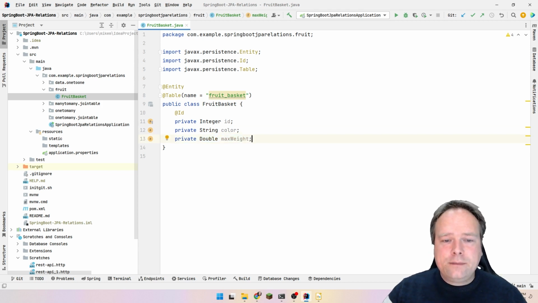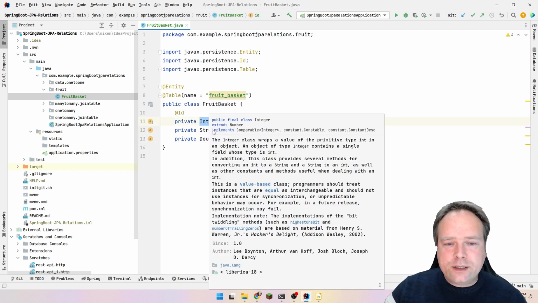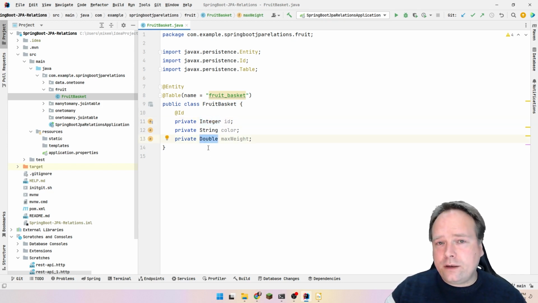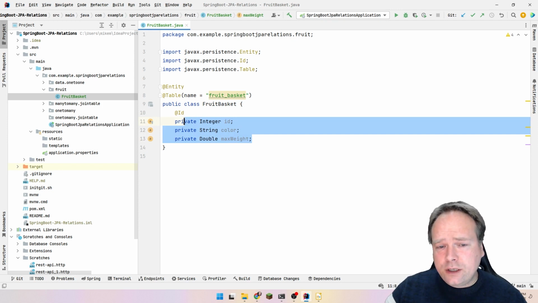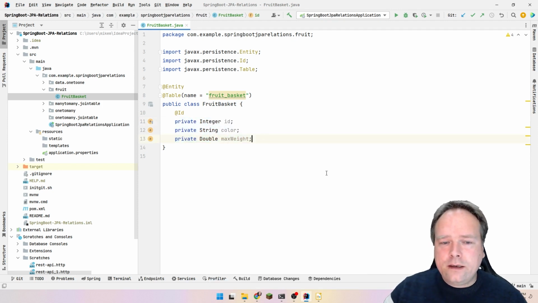And that's actually it. Since we have only used primitives or wrappers of primitives, an Integer with a capital I right here is a wrapper of the int, and Double, of course, is a wrapper of the double. As long as you use primitives or wrappers of primitives, JPA just says, okay, that's fine. Then these are columns that you want to create in the table, and there's no problem with that. That's quite easy to understand. It is only when you start mentioning objects